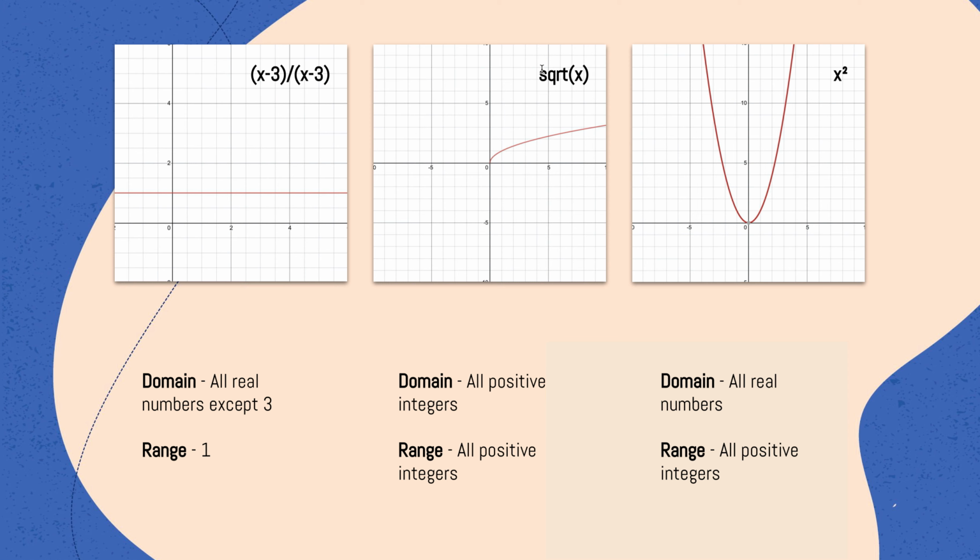Similarly, this is another function, the square root of x. Over here, we cannot have negative numbers because the square root of negative numbers cannot be shown on a normal Cartesian coordinate system, as it does not allow for imaginary or complex numbers. So that is why the domain is all positive numbers. Similarly, the range is also all positive numbers, as the result of square rooting a number can never be negative. So that is why the domain and range are all positive numbers.